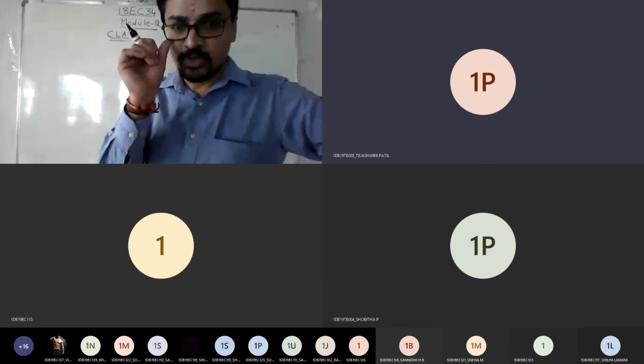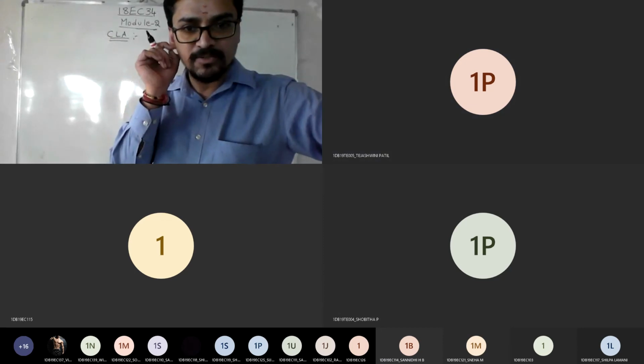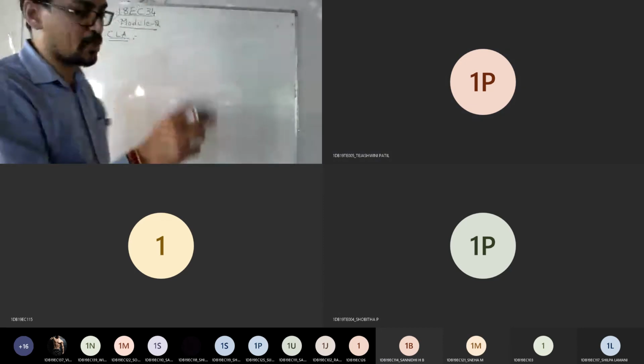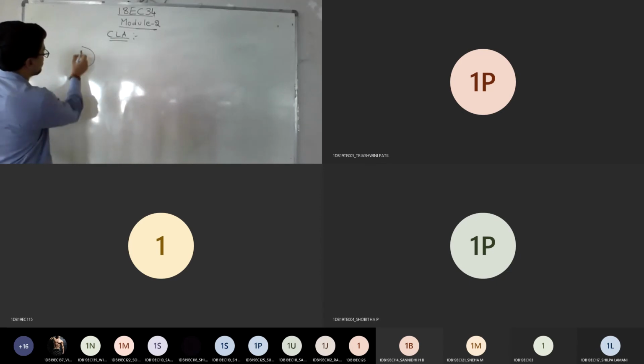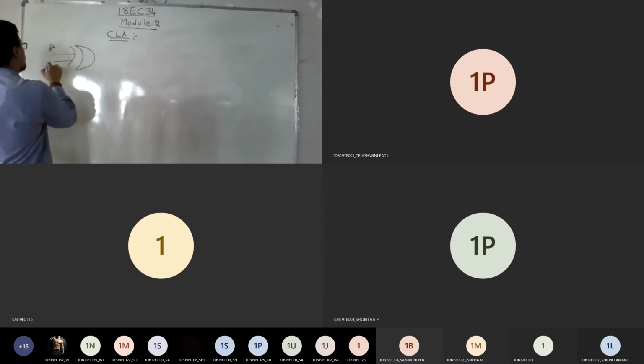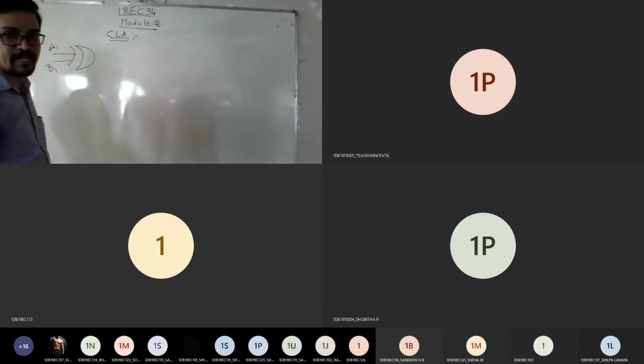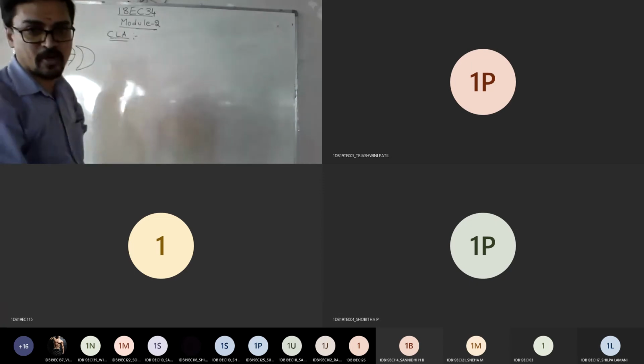So now to design the CLA, I need a full adder. So let's write a full adder circuit how we wrote earlier. So let me go back. So what all things we have chosen? So there was an XOR gate. So now instead of marking A and B, you give it as AI, BI, because I can be anything. It can vary from 0, 1, 2, 3, 4, whatever it is.